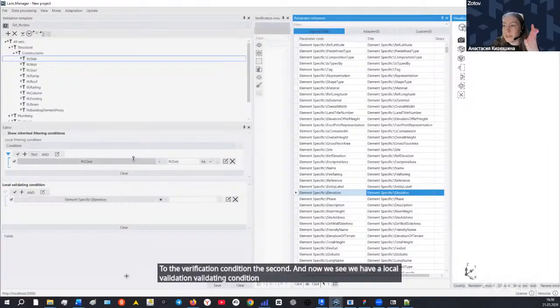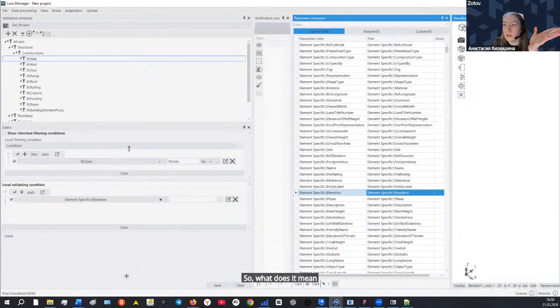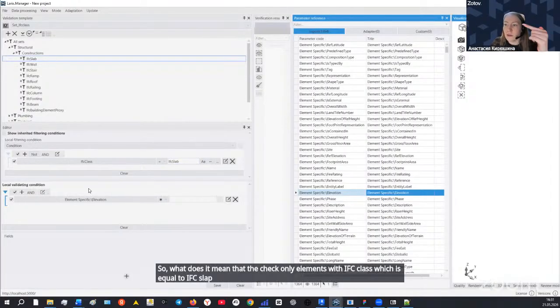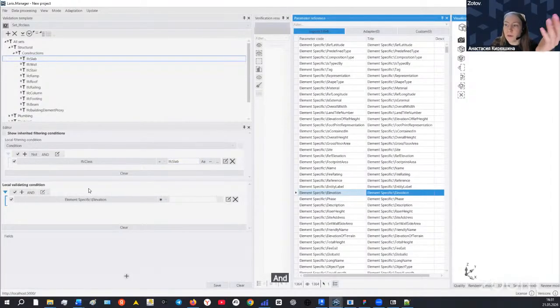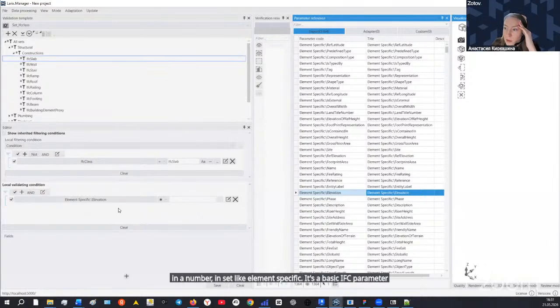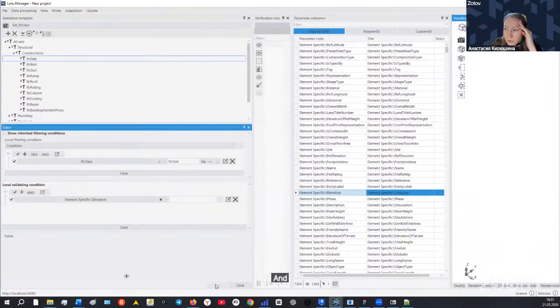So what does it mean? That the check only elements with IFC class which is equal to IFC slab and find the parameter which is named elevation in a set like element specific. It's a basic IFC parameter. And let's save and